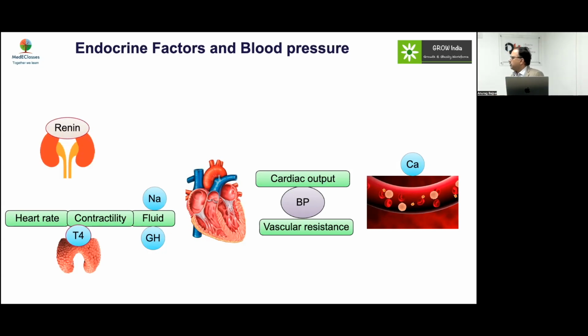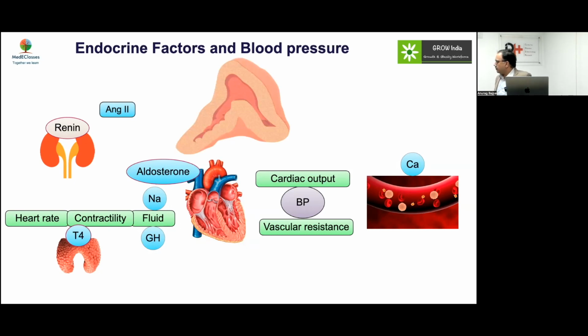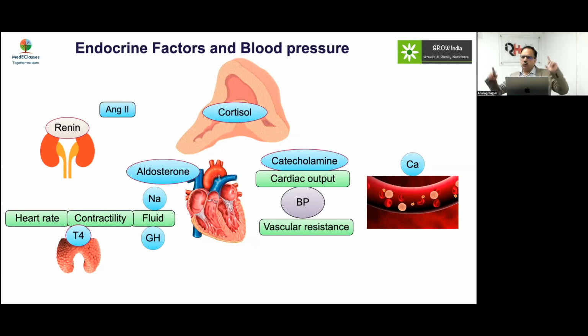Coming on to the most important part, of course, is the renin, angiotensin, aldosterone system, in which renin basically converts the angiotensin, and then we have the ACE converting into angiotensin 2, which triggers the adrenal production of aldosterone, which is a primary regulator of sodium absorption in the body. Now, adrenals also produce cortisol, which are the trigger as far as catecholamine production. So overall blood pressure regulation involves a number of hormones,